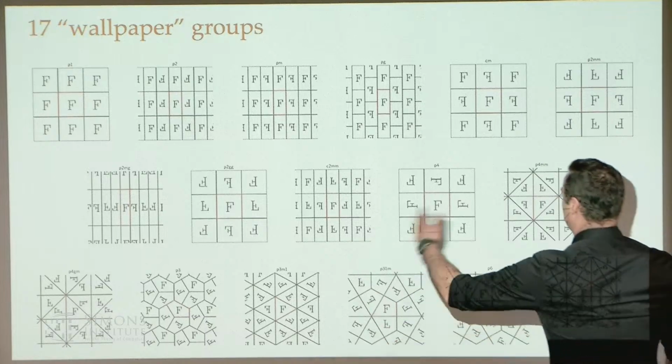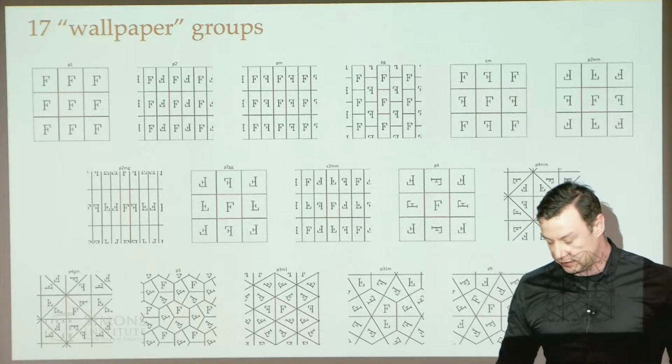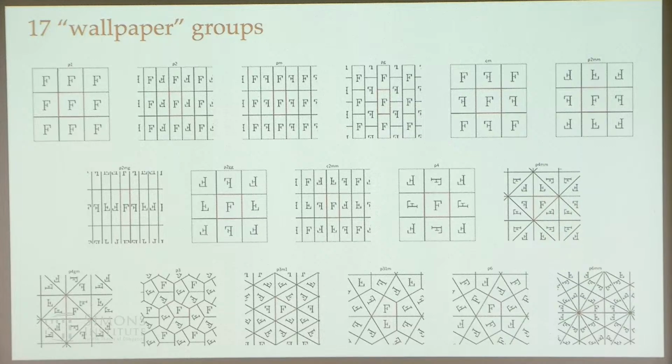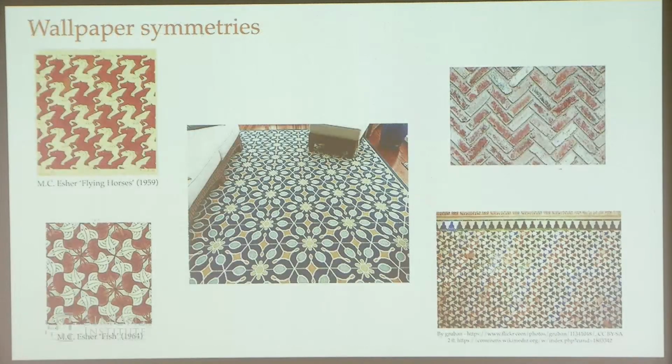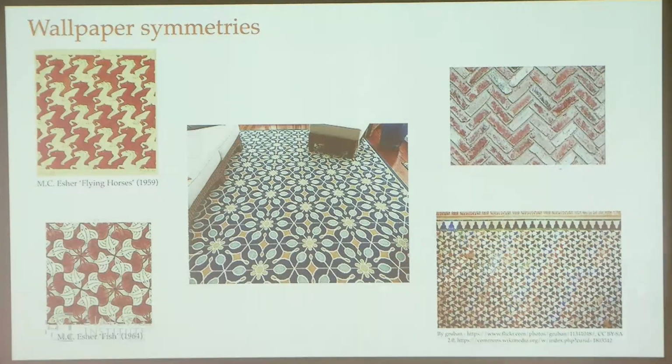So I thought, wouldn't it be neat to take one of these groups and generate functions that have these kinds of symmetries? They come up in a lot of different ways. Escher is the most famous one in some sense, but they're all over the place. Things like brick patterns. This is a rug in my house that I noticed is, I don't know, P6mm or something. And this is a mosaic tiling at the Alhambra. So these things are all over the place.